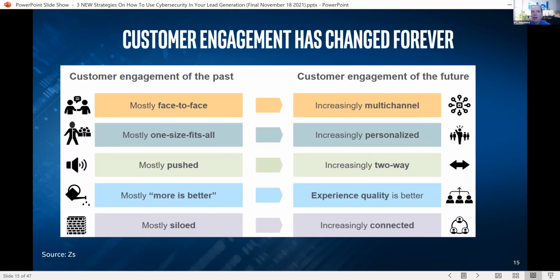And when we think about engaging customers and really doing demand gen, some things I'm going to show you are face-to-face, some are digital, but in the past it was pretty much all face-to-face. Now we know there's multi-channel activities, right? Before, you would go to a certain area, it could have been Chamber of Commerce, could have been a customer, and you present out your message. Well, now we know it's personalized, right? Even in the security space, we know there are these different people out there. How you get your message out there, the quality of the message, even how you're able to touch people has all changed. So engagement has changed.